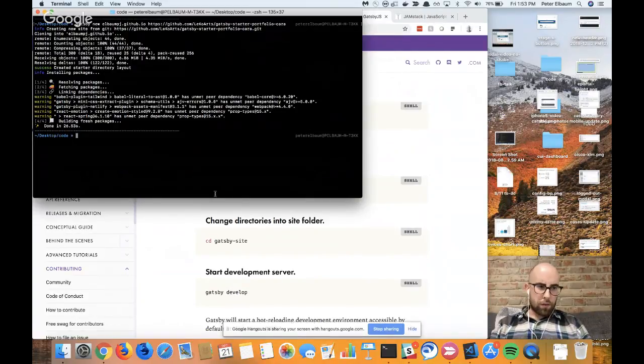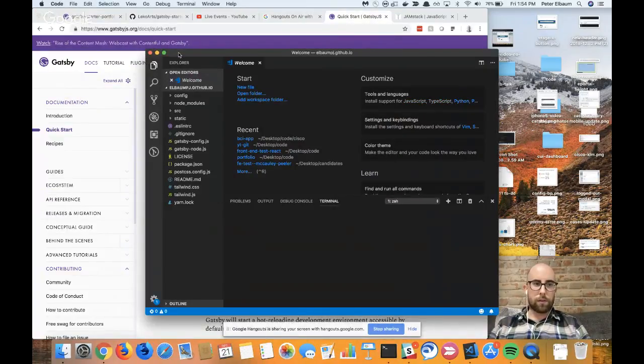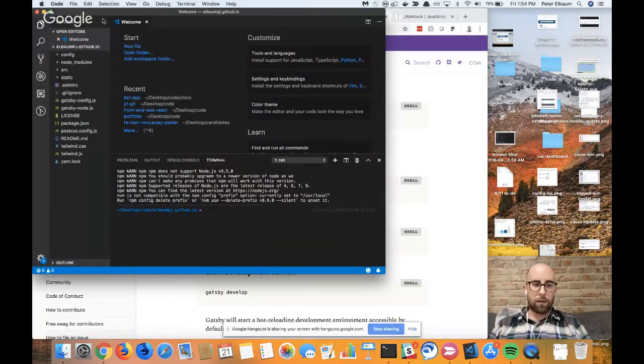Okay, so this looks pretty good. So I'm going to go ahead and cd into it and open VS Code and just see what the deal is. I'm gonna put that down there. And then,